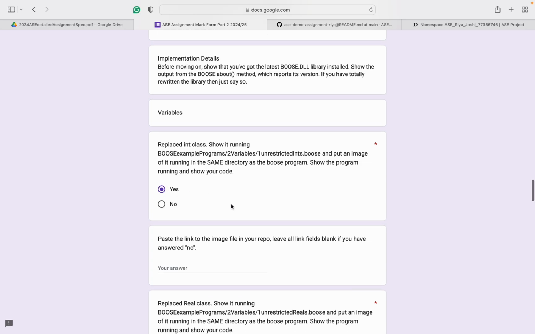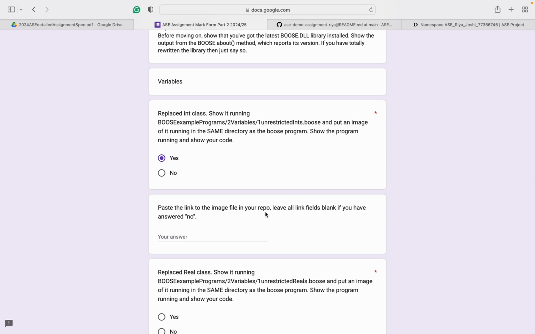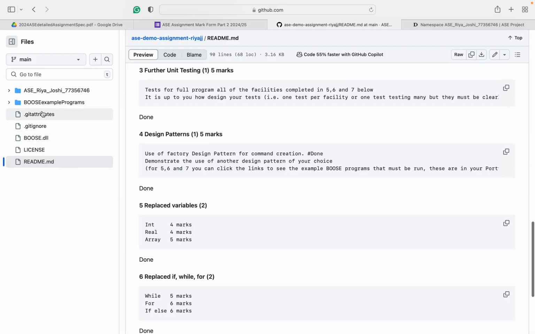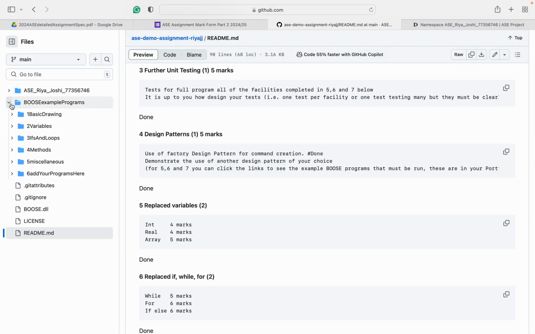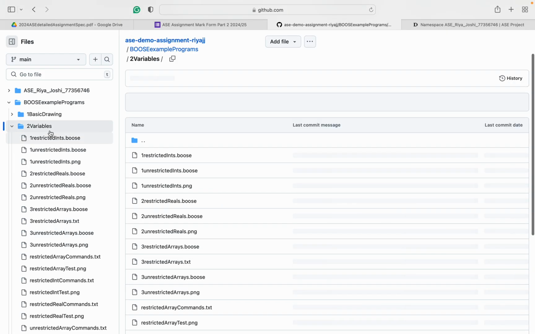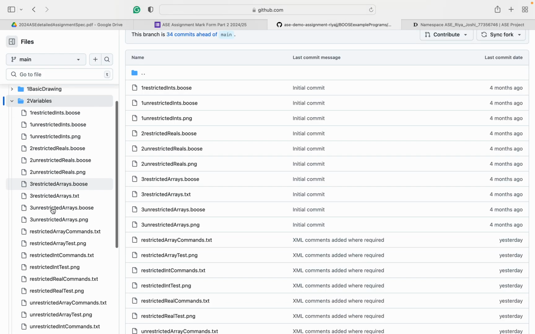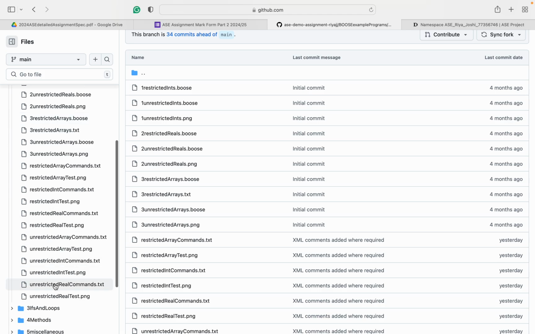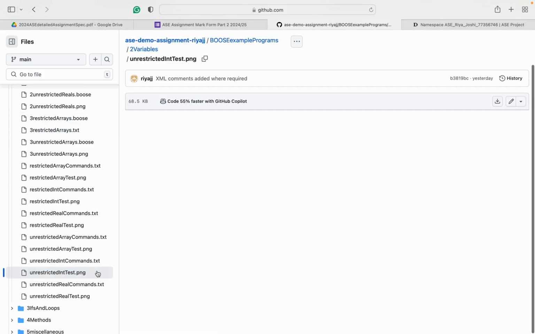So yes, now paste the link to the image file in your repo. Leave all link fields blank if you have answered no. So to check the Booz example programs, here we have the file for the unrestricted int test image. So here is the int test image.